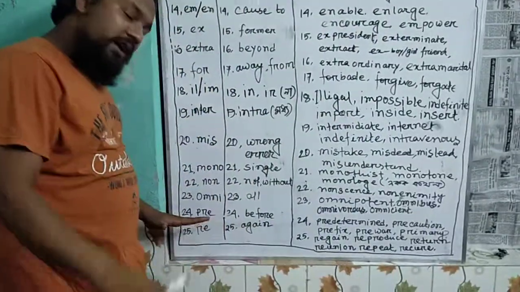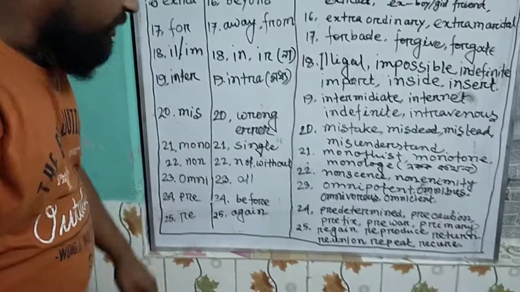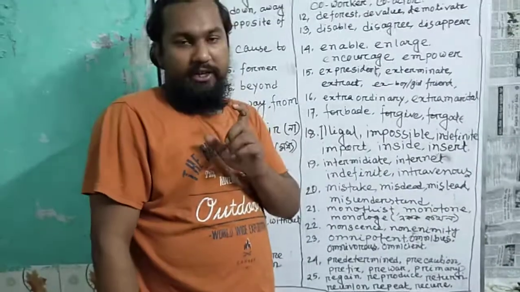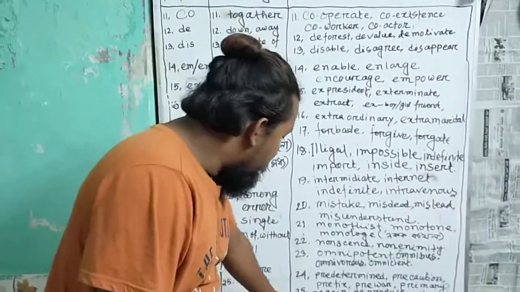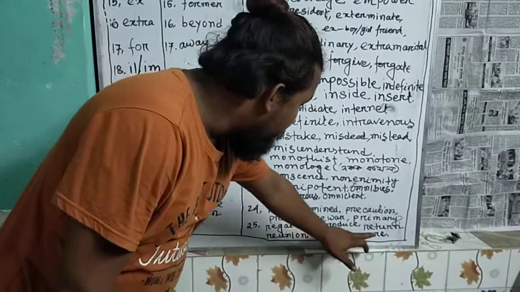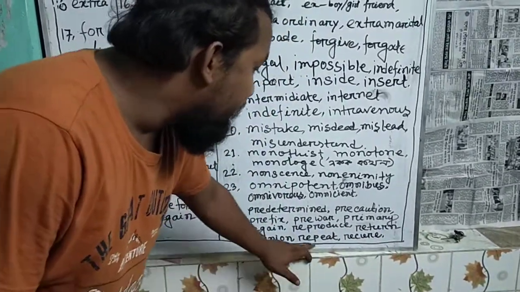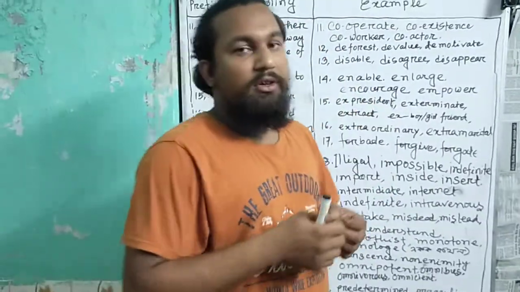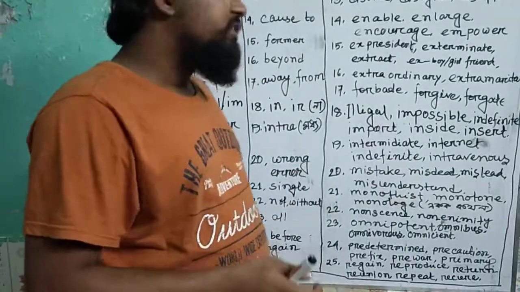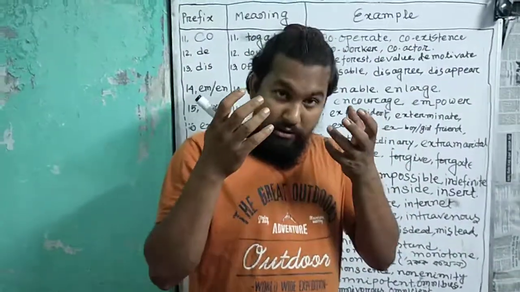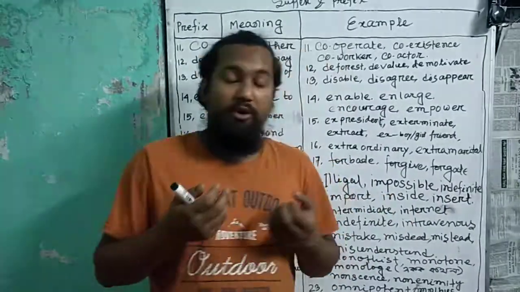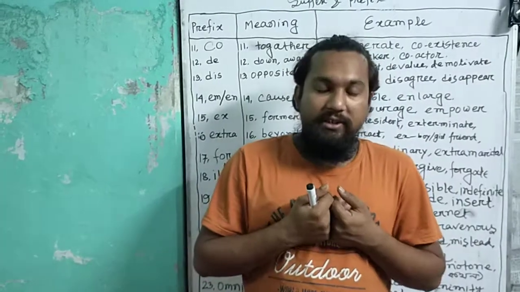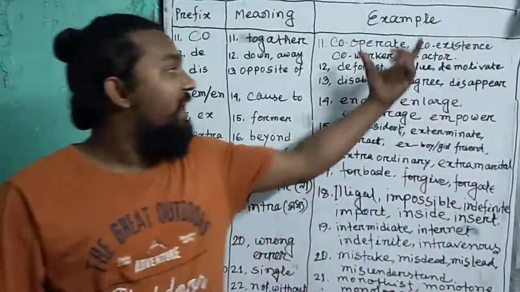And finally I will teach you about re. You know that re means again, and the examples of that re are regain, reproduce, return, reunion, repeat, recur, recurrence. All of these are words formed by adding re. So be sincere and be conscious about your speaking, about your hearing, and finally about your writing skills. Okay, my dear students, here is the chart.